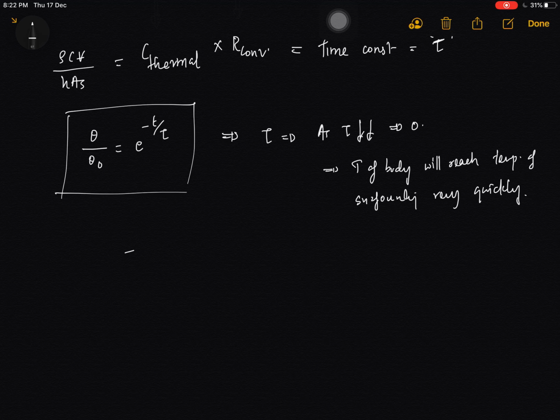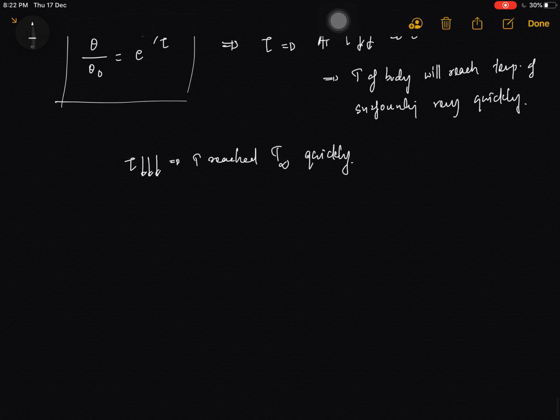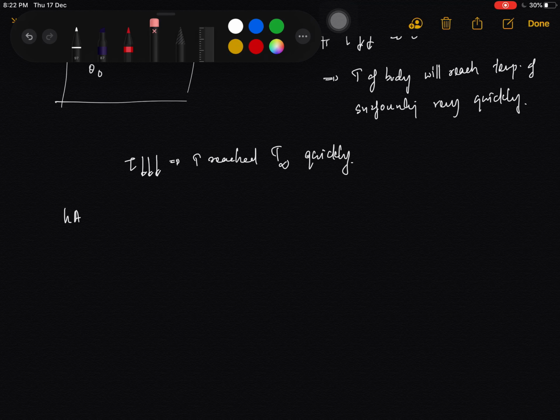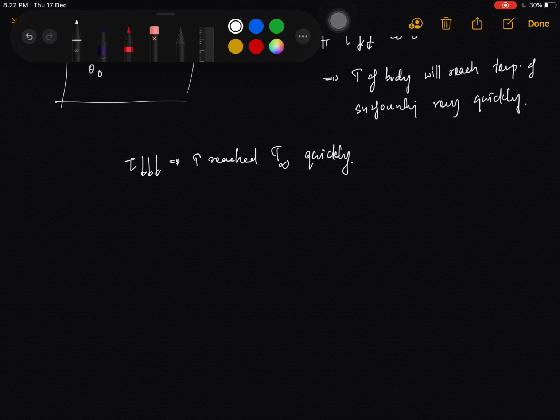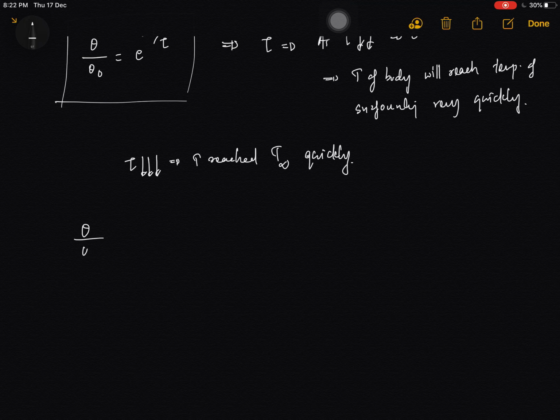So that is the implication of this particular thermal time constant tau. So we need tau very small to get the body to reach the temperature of the surrounding very quickly, so that T reaches T infinity quickly. And also the above equation, that is